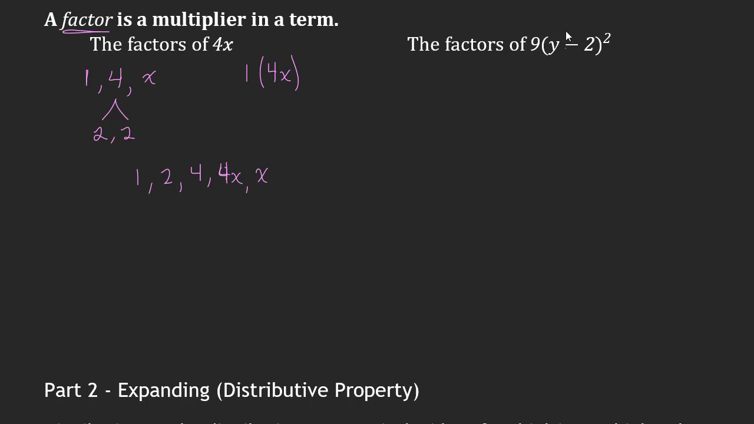And if we take a look at an even more complicated example here on the right-hand side, we've definitely got a term of 9. We've definitely got a term of y minus 2 squared. Now, y minus 2 squared on its own can be written as y minus 2 times y minus 2, so that's another factor. And if we really wanted to dive right in, we could say that 9 is actually made up of the factors 1, 3, and 3. So we've got a lot of different factors here that can be part of this particular term. We're going to be talking about factoring a little bit later too,